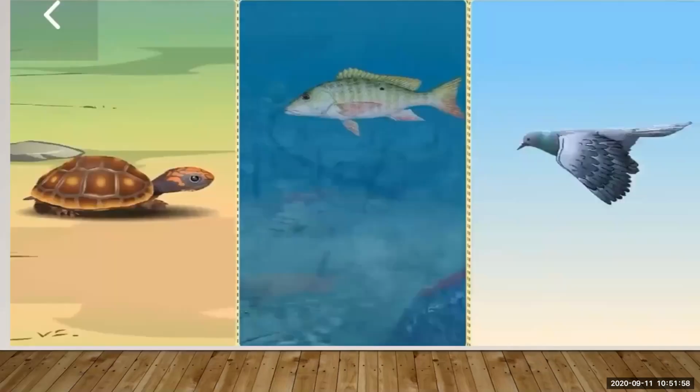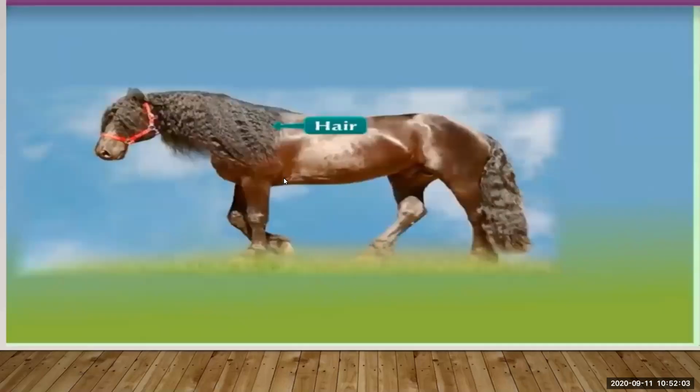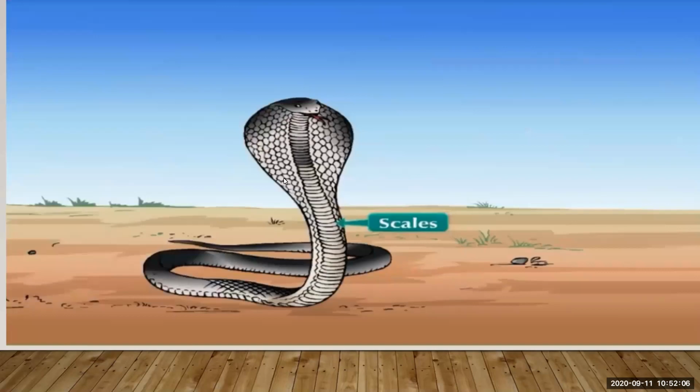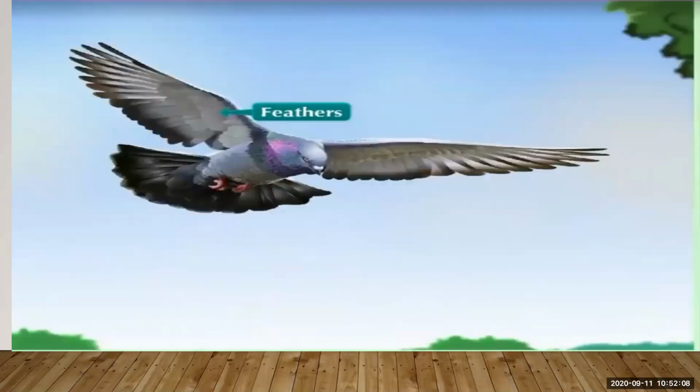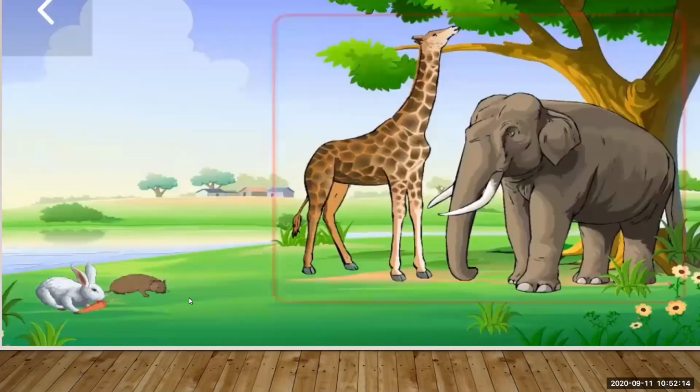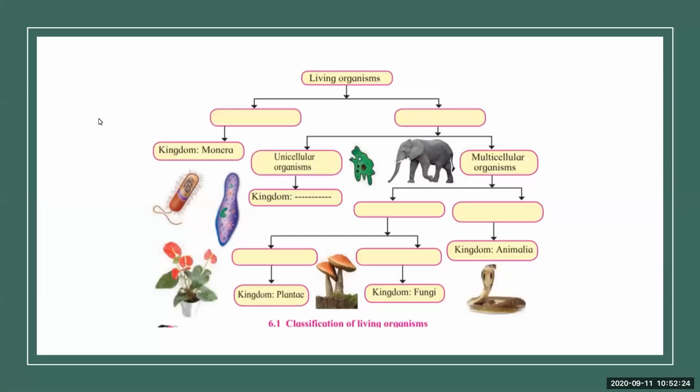We have all studied this. Some are creepers, some swim, some fly, some have hairs, and some have scales. There are some animals that have feeders. Some animals are very small, some are very huge. On this basis, we have studied all these things in our previous years. We have to complete this chart with the help of animals and their classification and their characteristics. Let us have some revision about this so that we can complete this chart very easily.